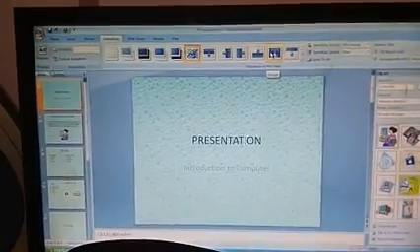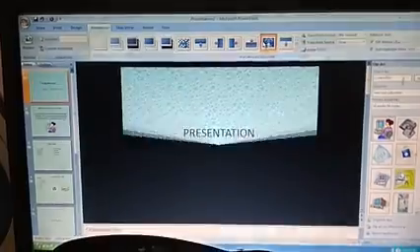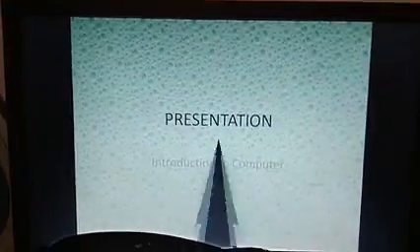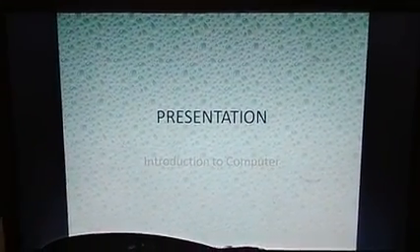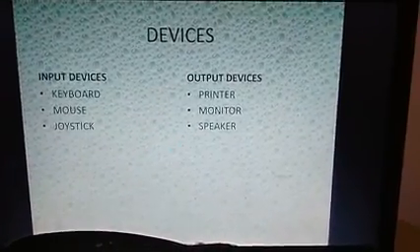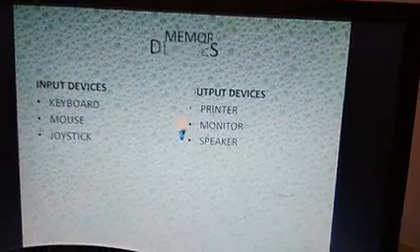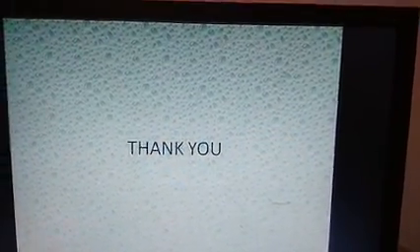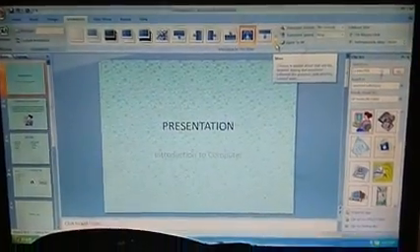So once again I am showing you, and I have selected one more effect here, and I am saying apply to all, and now if you are able to see, just look. Yes, now I think it is more clearly visible how you shift from one slide to another. The effect that you have selected is applied to your slides. So this is how you have given a transition effect.